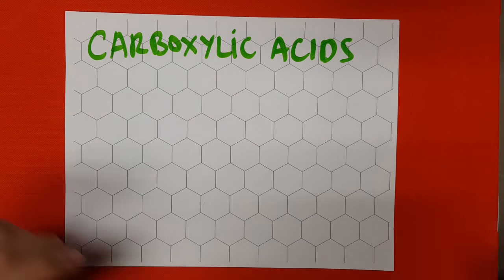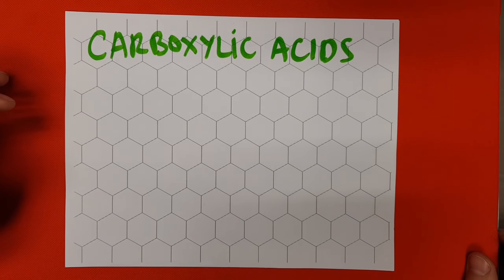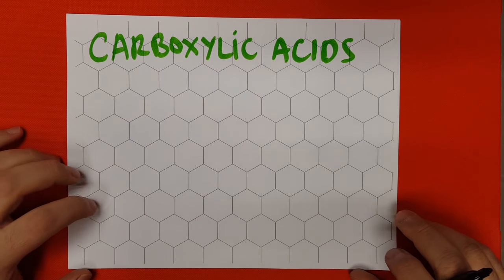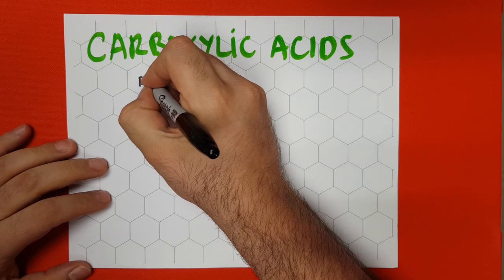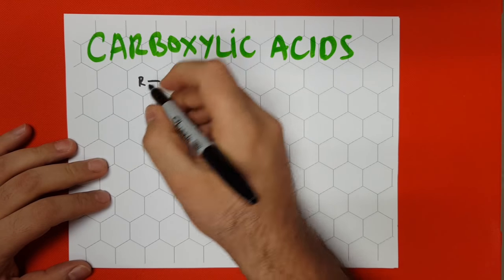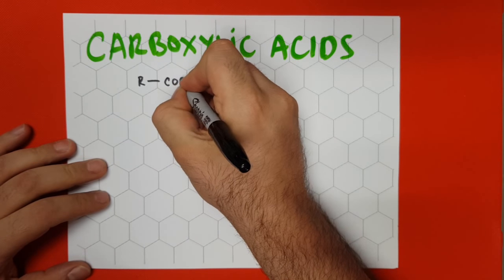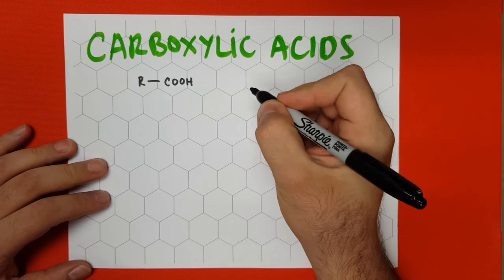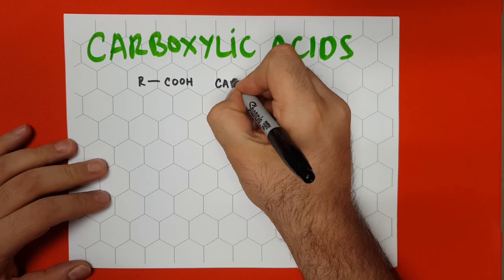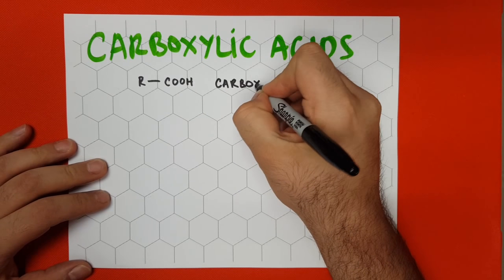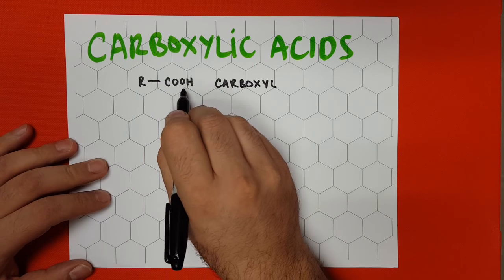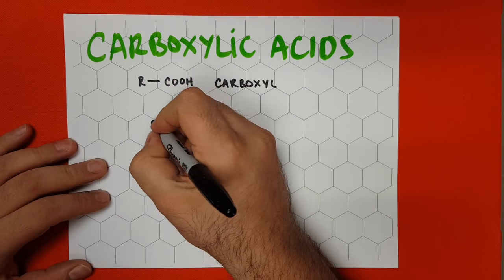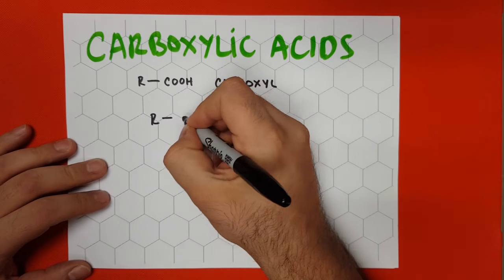On today's topic, we'll be talking about carboxylic acids and their IUPAC nomenclature. Carboxylic acids are characterized by having an R chain, or any carbon chain, attached to a COOH functional group, also called carboxyl. Carboxyl is the resulting group of a carbonyl group with a hydroxy group, which if we write again in its